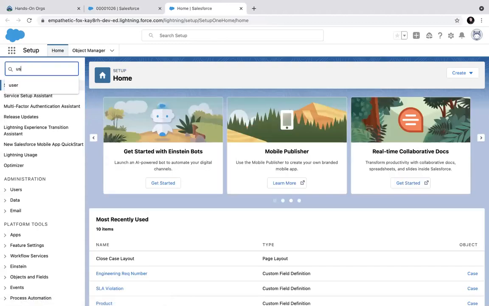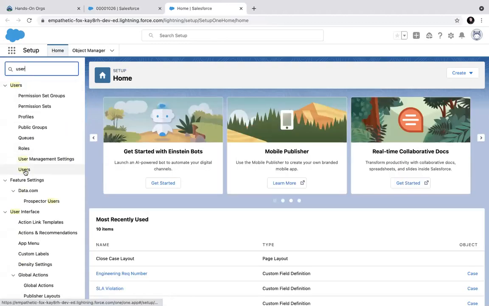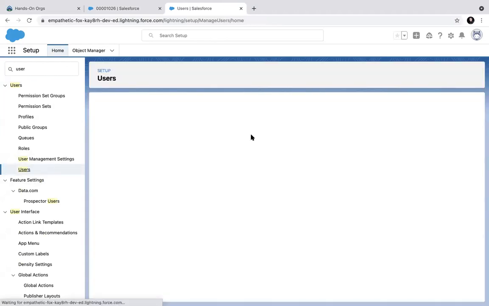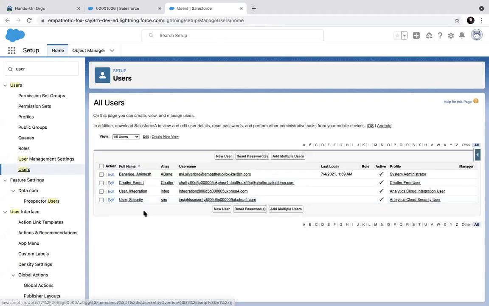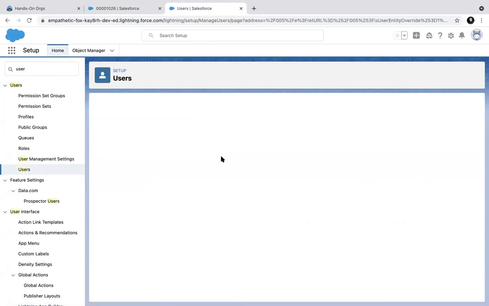So when you go and see users in a playground, usually you will see your user there already. Yeah, I can see my user there already, which is a system administrator. There are some supporting users, you can ignore that. On every platform, you can create multiple users here. You can create another user.